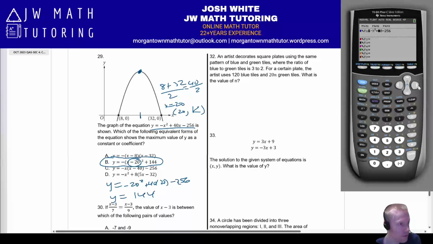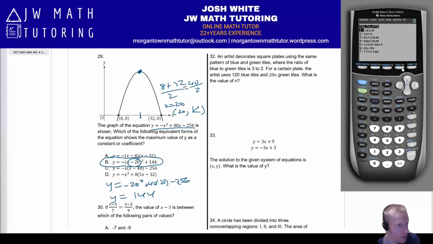All right, nothing. Oh, the problem is, sorry, there's no X here. That's why the graph is not showing up. Okay, there we go. So an alternate way to do this would be to get the graph on the calculator,